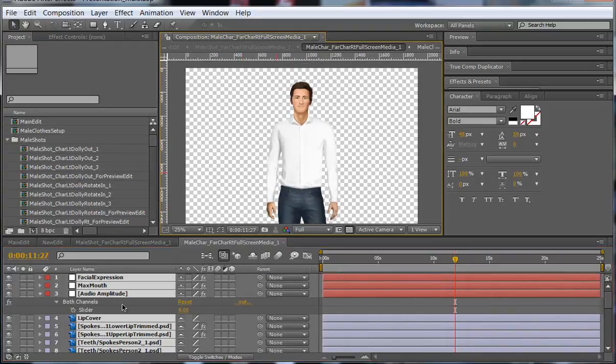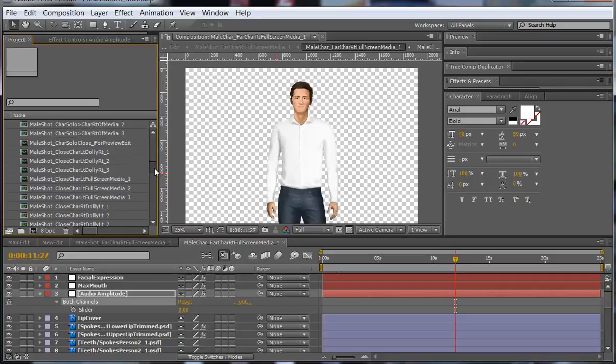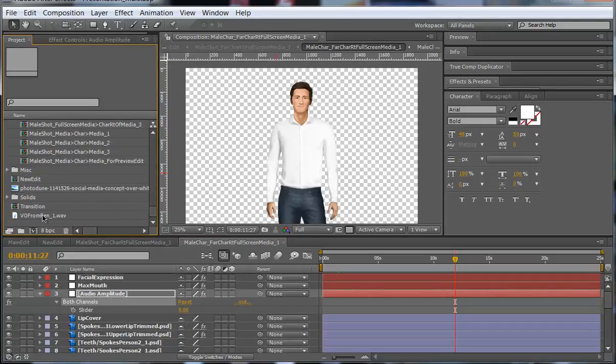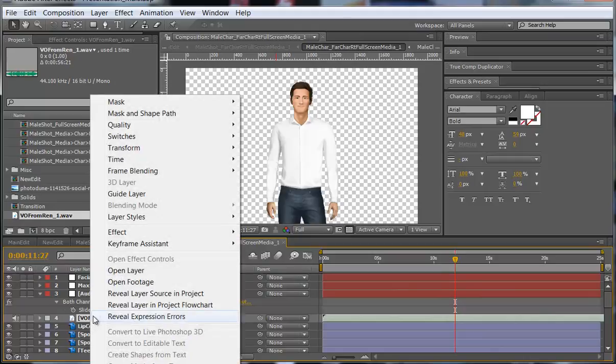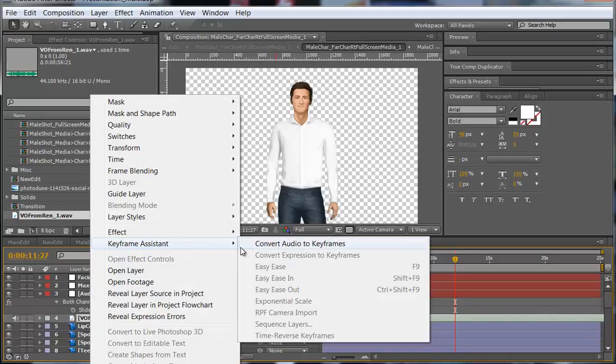So just one more time in case you didn't get it the first time. So we drop in our audio, get it to position to where you need it, and right click, keyframe assistant, convert audio to keyframes,